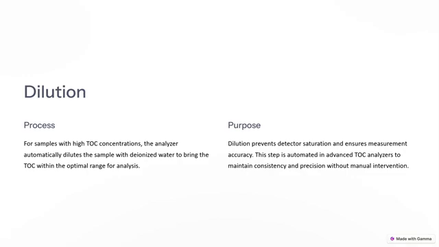In step 2, we have dilution. For samples with high TOC concentrations, the analyzer automatically dilutes the sample with deionized water. The purpose of this step is that it ensures the TOC concentration remains within the optimal range for detection, preventing saturation of the detector. And its technical significance is that